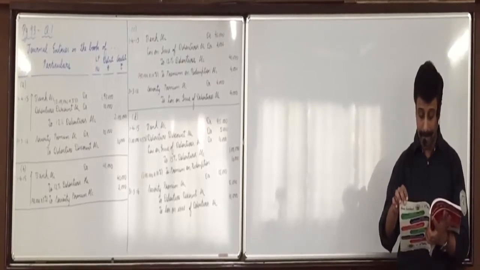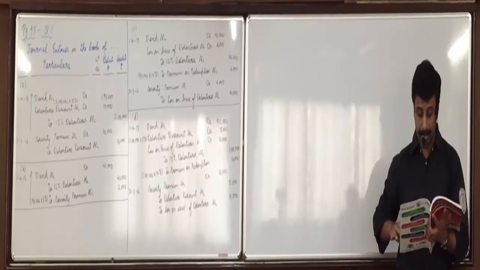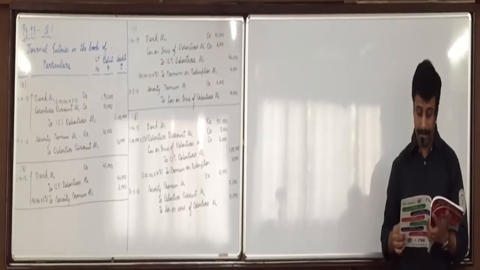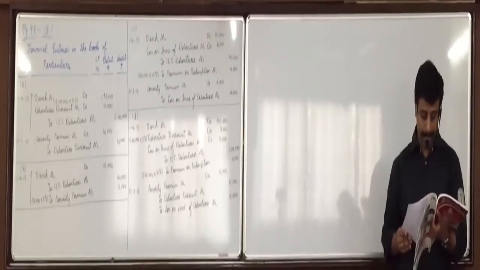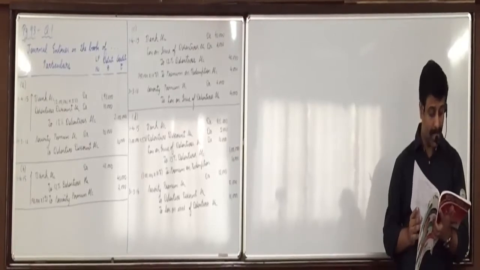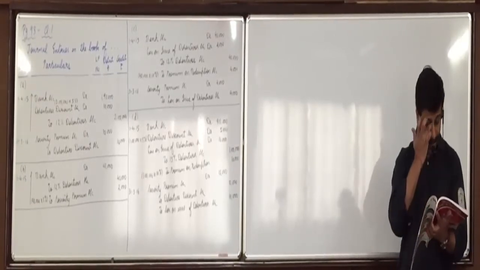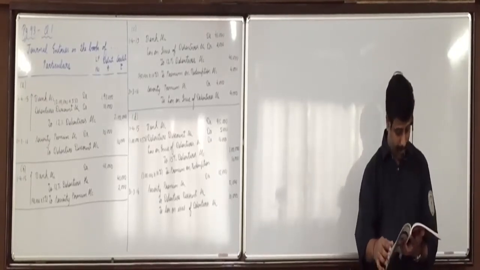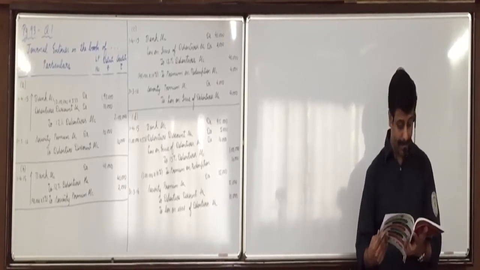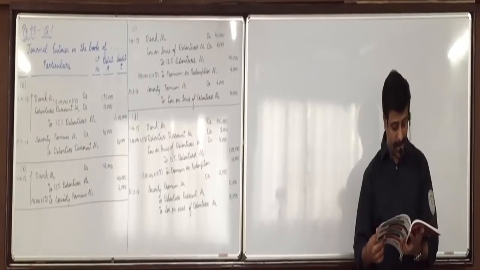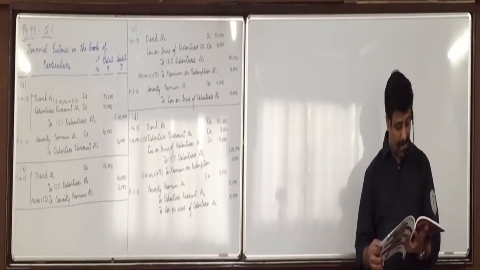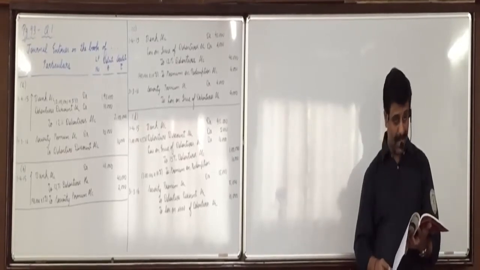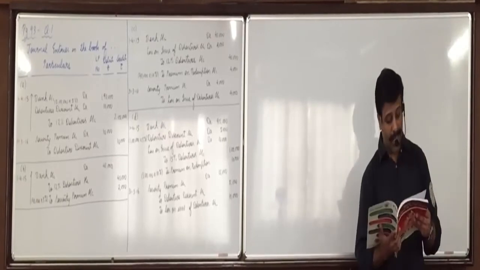Just 1 minute. Don't take 13. It's a next question. Once we do 2 more concepts, then we can do it. Question 19D is your homework. 19D, page 96. 4 marks it is asked for entries. Can you see that? Yes, sir. Balance of security premium is not given. So only 1 entry will come. Okay, balance of security premium is not given, so writing off part cannot be done. Next topic we will take up.